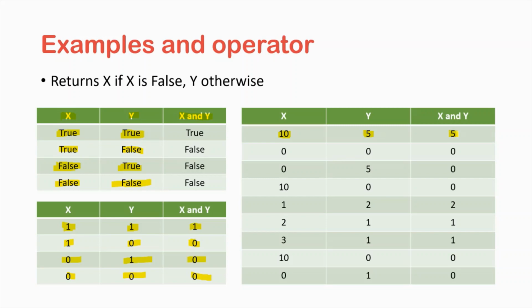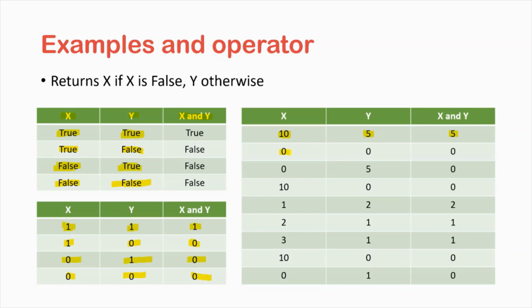How? We can see that if we do x and y, first it will check x. So x is true. After that it will go to y. So here it will check whether y is true or not. We can see that y is also true. So the compiler will be in the y statement, so it will return the y value. So it will return the true value, like 5.